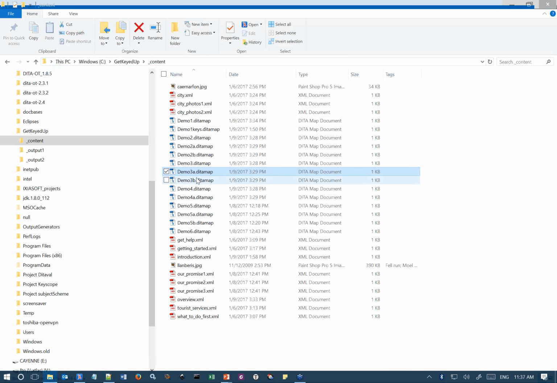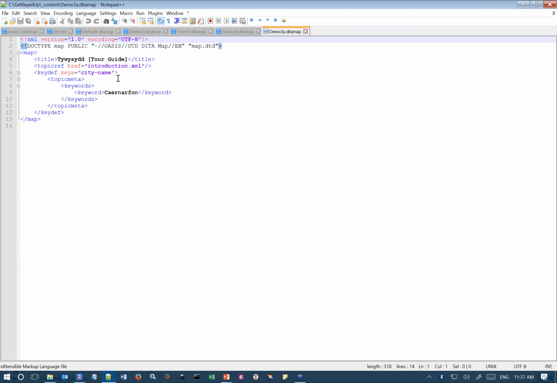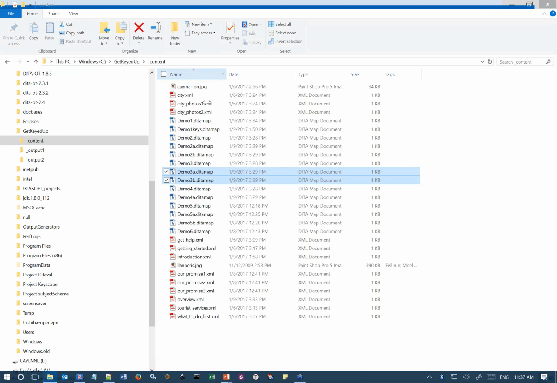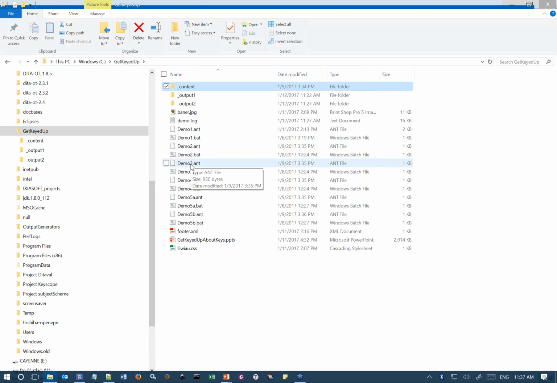If I take a look at those 2 maps, again, they're going to be very, very similar to the submaps we saw in the previous demo. They reference the introduction topic, and they define the city name key, one as Caernarfon, one as Llanberis. And this time, when I generate my output,